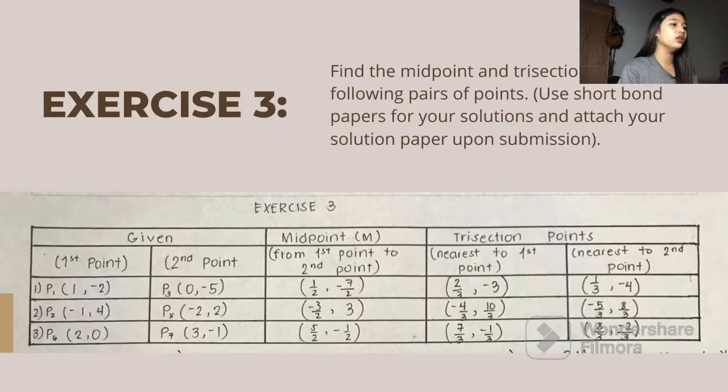In this table, it shows my answer on this exercise. But before I arrive at this answer, I also solve the given through the formula. Number 1, P sub 1, 1, negative 2, and P sub 3, 0, negative 5. So, before we go to